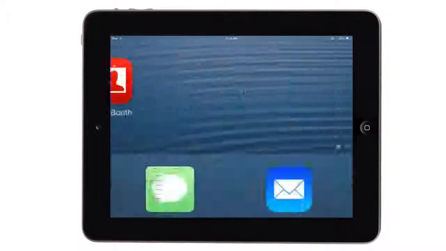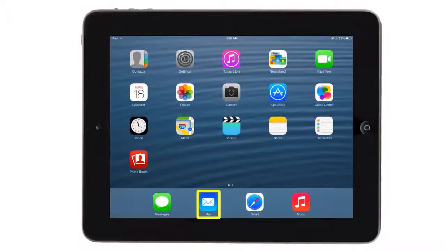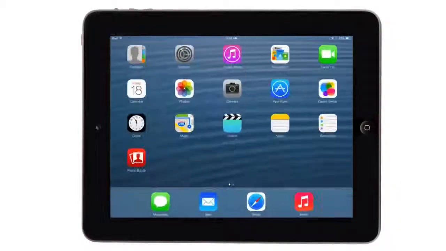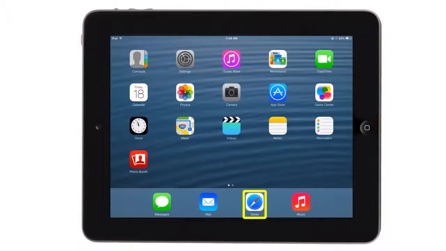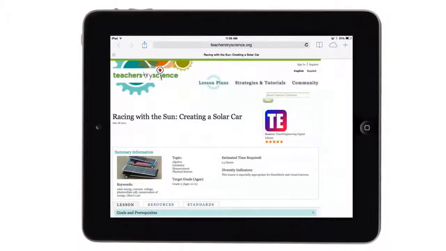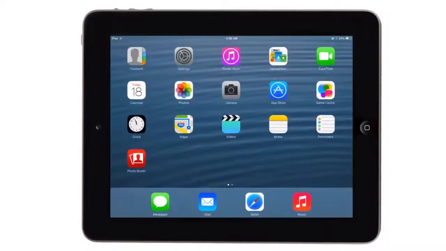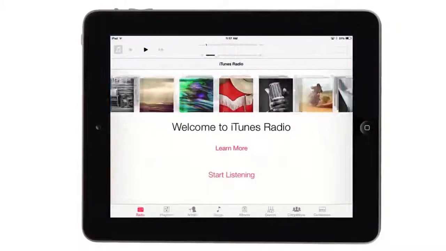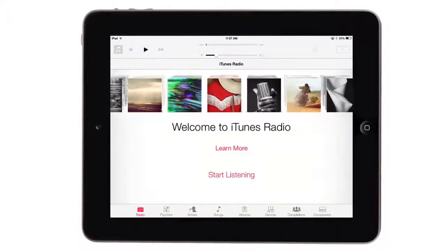I agree. So let's talk about the next app, which is the Mail app. This is the app used to send, receive, compose, and read email. We cover how to set up this app in more detail in our Beyond the Basics course. You will definitely want to watch this because the Mail app is a big benefit to having the iPad. Absolutely. And to the right of Mail is Safari, which we will cover in our next episode in this course called Safari Web Browser Basics. The last app in the dock is labeled as Music, and it allows you to stream music for free, although you need to be aware that there are some ads.